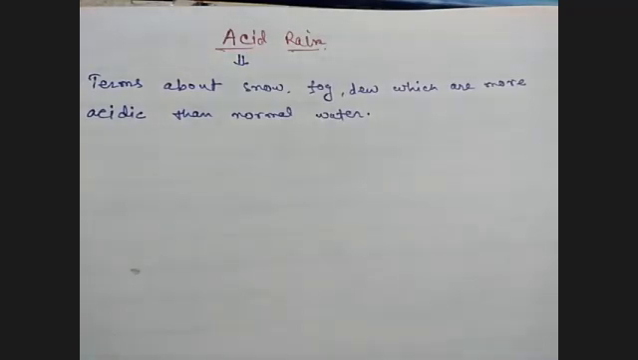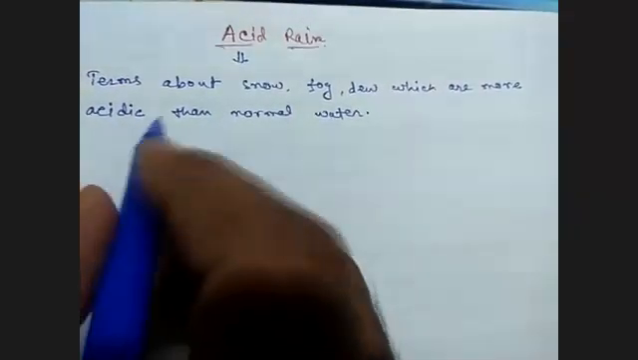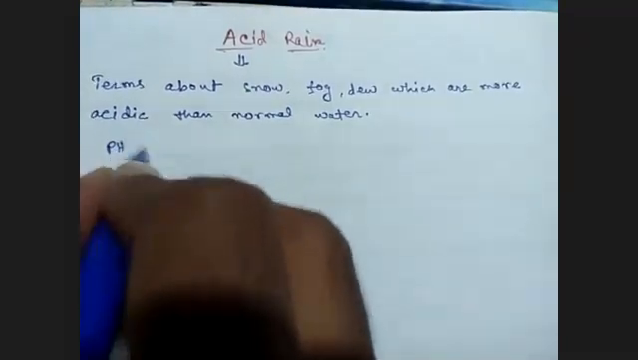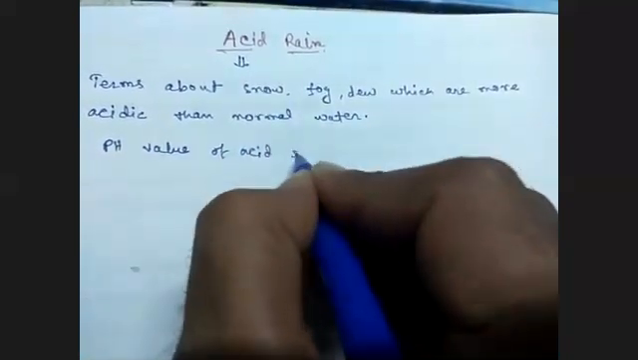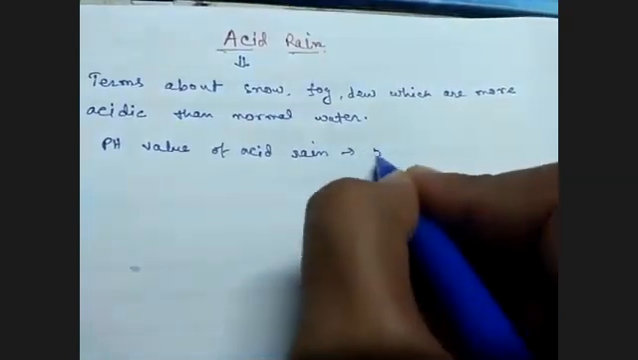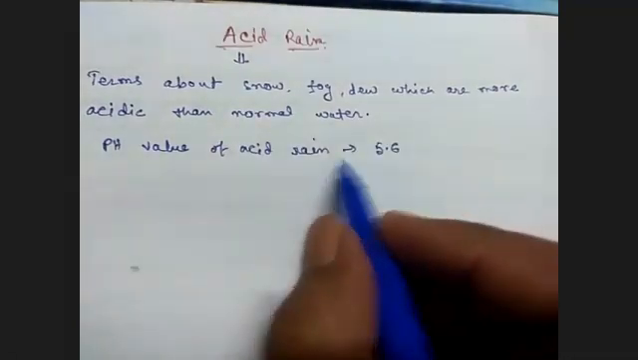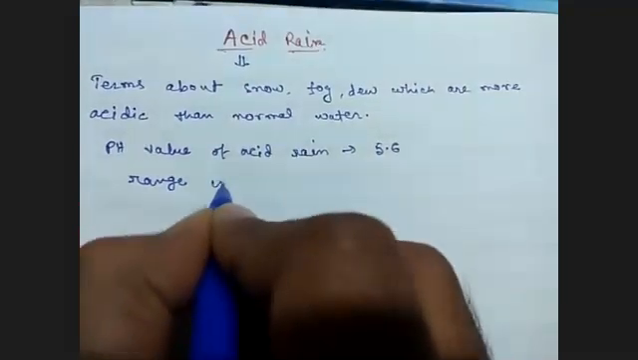So when they mix with normal water, actually rainwater, and come to the earth, it is called acid rain. Okay. So we know that if it is more acidic, that means it has a pH value. The pH value of acid rain is about 5.6, generally in the range